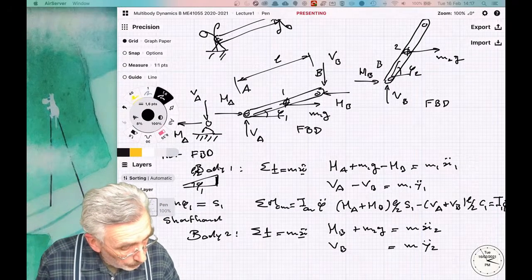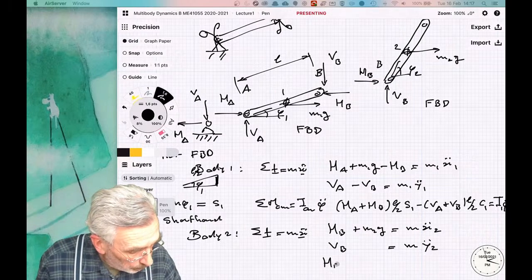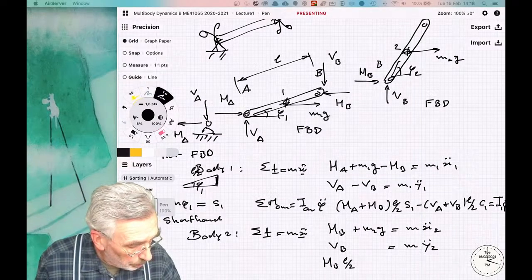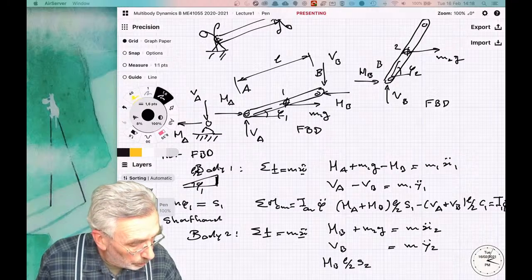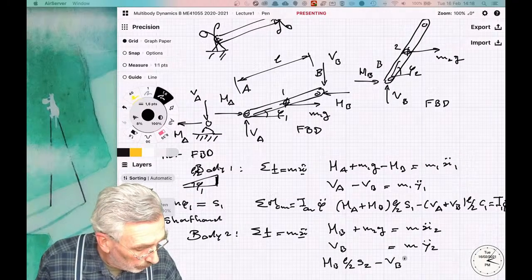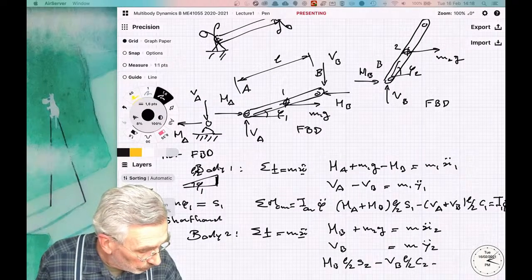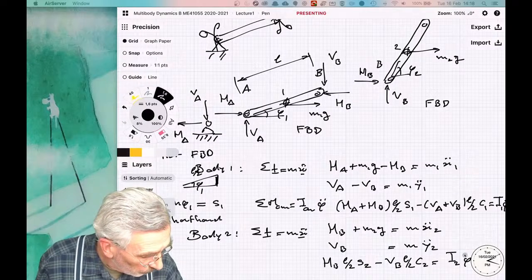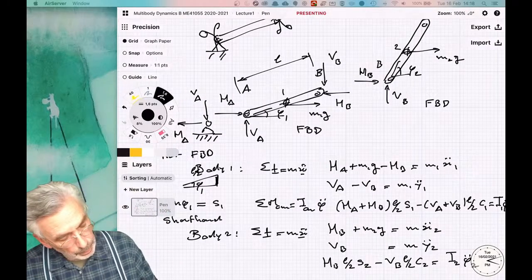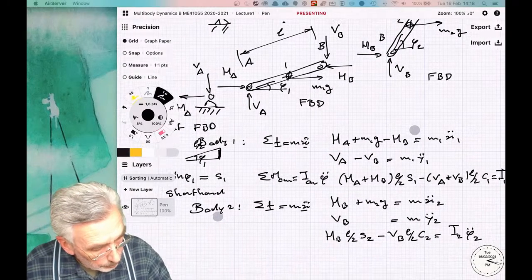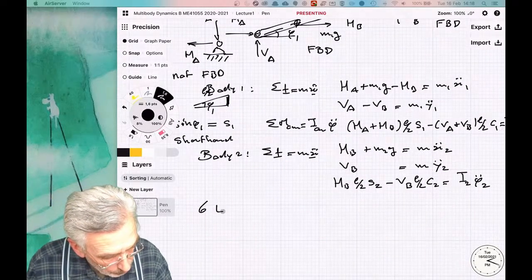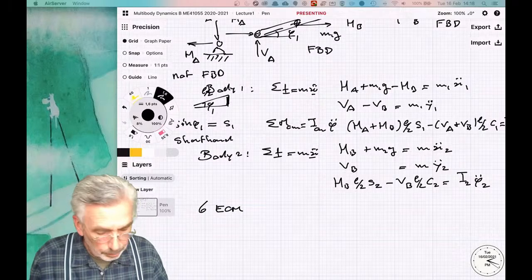So that would be the horizontal HB, L over 2 times the sine of 2, minus VB L over 2 cosine 2, equals I2 phi double dot 2. Okay, well, these are the 6 equations of motion